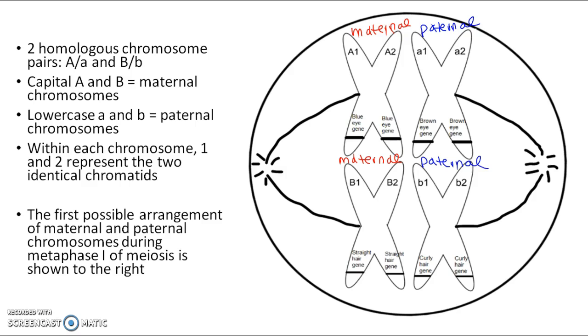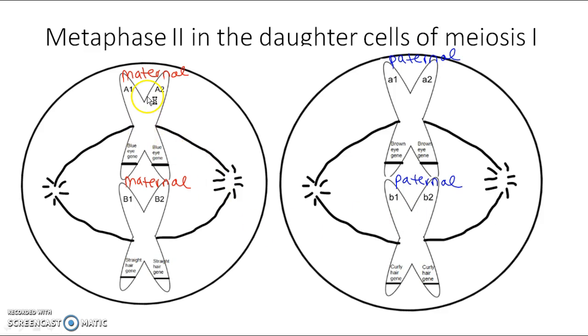Okay. And once these pairs of chromosomes divide, we end up with 2 daughter cells, and this is showing those 2 daughter cells that are going through metaphase 2. So now they're going through meiosis 2. The chromosomes line up single file. I've got both maternal chromosomes in this cell, both paternal chromosomes in this one. And then if these cells go through meiosis 2, we end up with